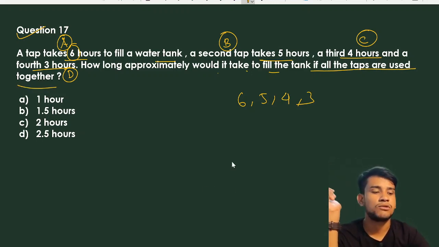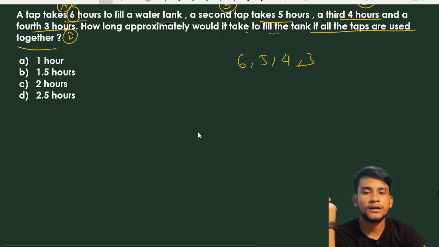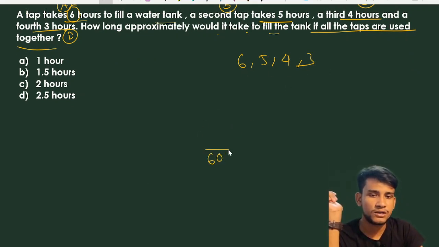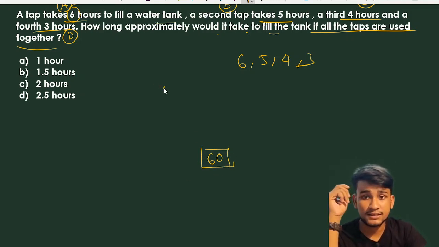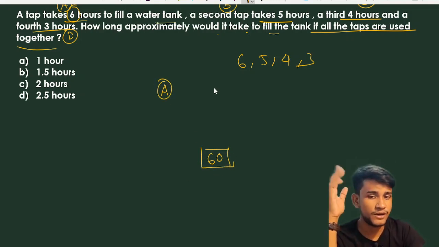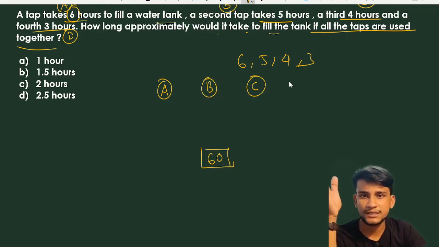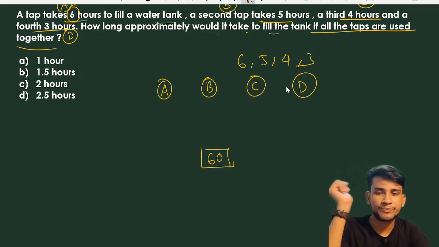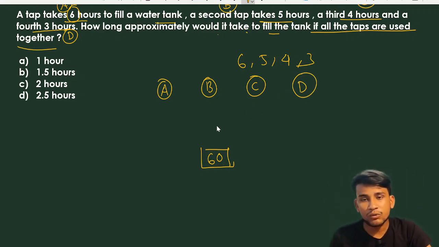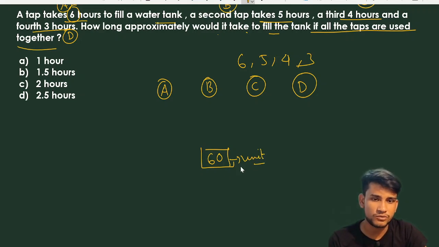First, take the LCM of these numbers: 6, 5, 4 and 3. This is equal to clearly 60. Write 60 here. Suppose this is pipe A, this is pipe B, this is pipe C or tap C, and this is tap D. This is the total unit of water, suppose. So in 1 hour,